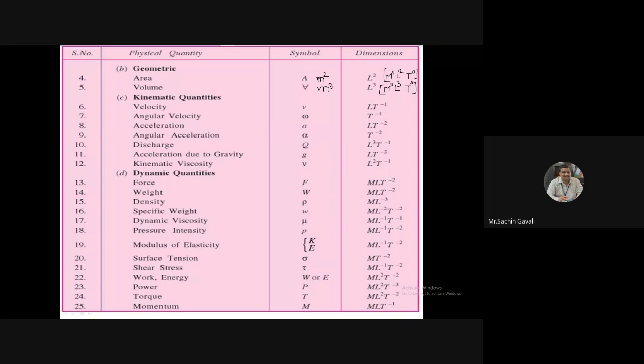These are the geometric properties, area and volume. Then another is kinematic quantities. Kinematic means the quantities which we consider for motion. Dynamic quantities we consider for forces. Now here the kinematic quantities, first is velocity. What will the velocity unit be? Meter per second. So I request everybody to write this table with me. It's a very important table. Velocity is meter per second. Meter per second means what? M raised to, there is no mass, so M raised to 0.